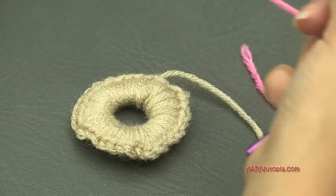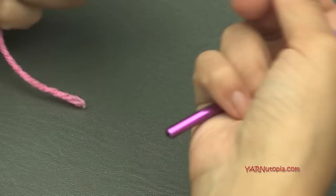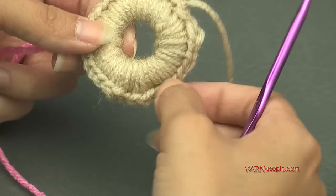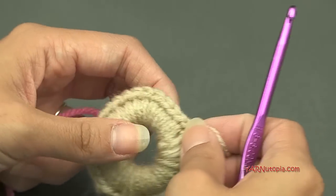Okay. I don't know why I keep calling it a donut. It looks like a donut to me. I don't know. Anyway,